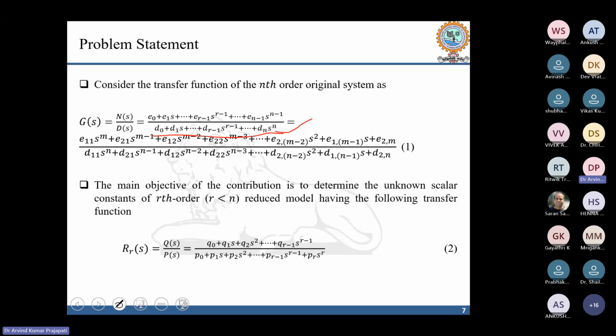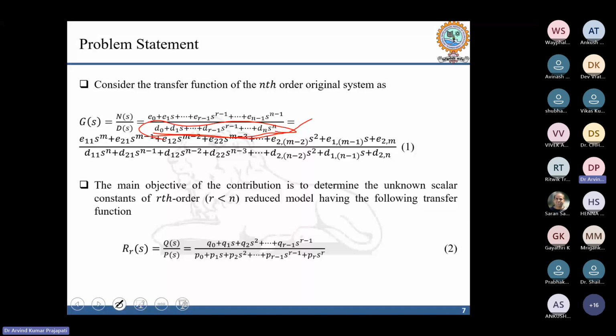So you can determine it by determining the poles of the system. If it is a fifth order system, then you may not be able to determine the poles of that system even by using a calculator. You may determine the poles of a system having order 4, but if it is a system having order more than 4, then you cannot determine the poles of that system by using a calculator also.